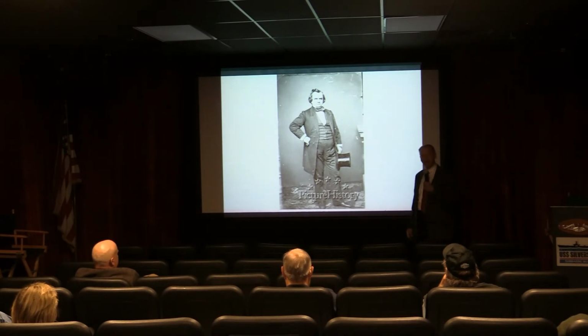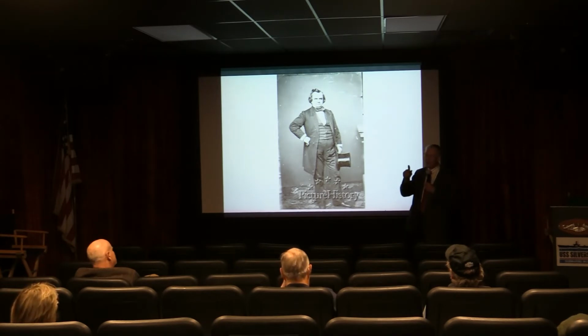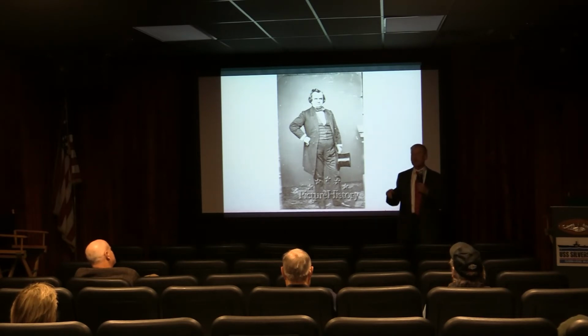Guess what? The Little Giant was running as the Democratic candidate. He was the leader of the Democratic Party. He should have been a shoo-in. But not so fast. Because 2 years earlier, he had upset the apple cart when he had declared that in fact the Supreme Court was wrong and slavery could not be enforced everywhere, but in fact popular sovereignty was the choice of the people. As a result, the Democratic Party in 1860 splintered into three pieces.